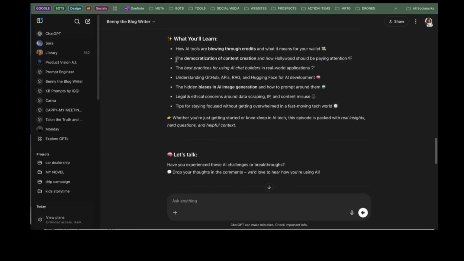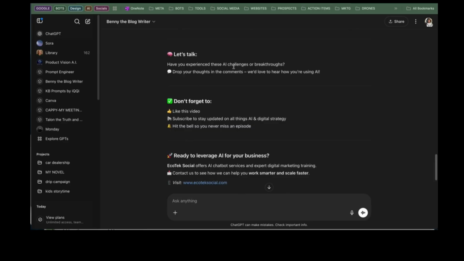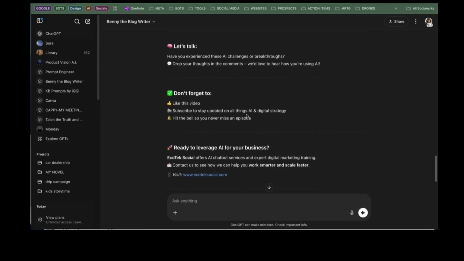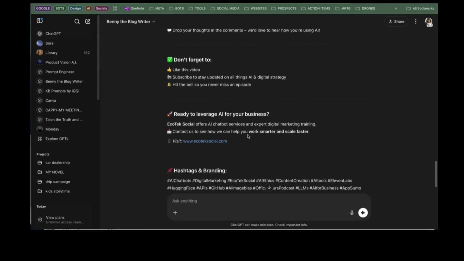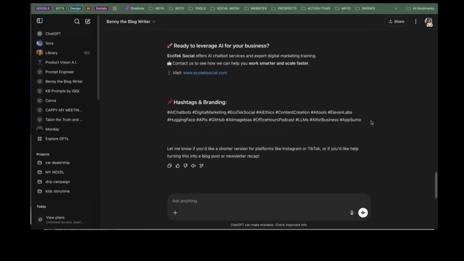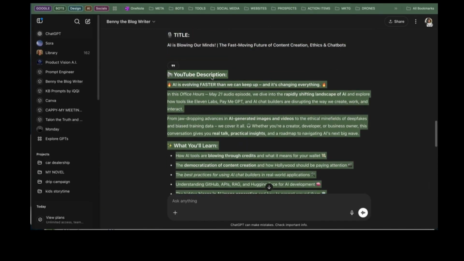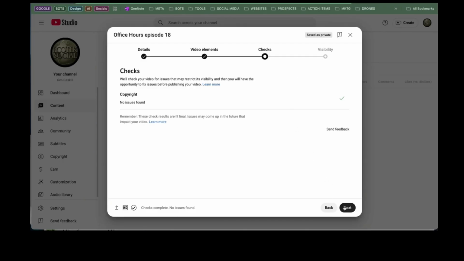How AI tools are blowing through credits. Democratization of content creation, best practices, understanding GitHub. Look, that looks really good. Okay, it's got my call to action in there. And my hashtags. All right, so I'm gonna copy this, take it over and put it in my YouTube description. It looks good. All right, next,